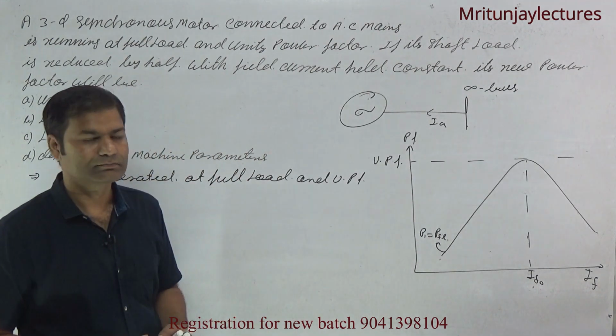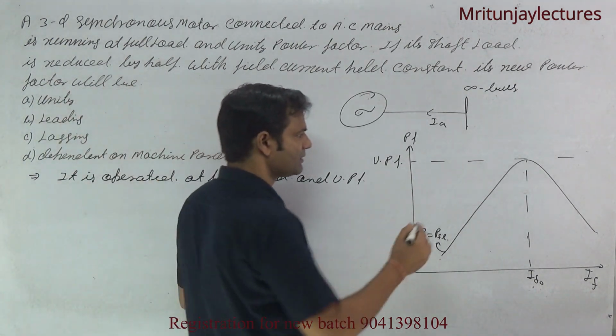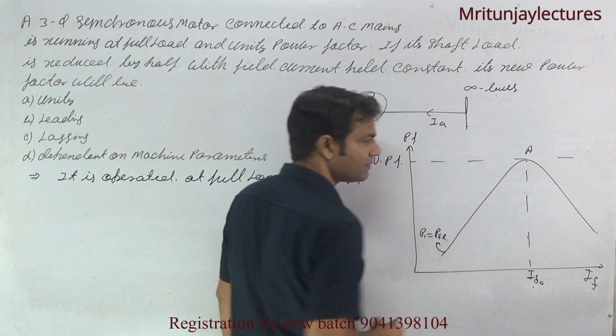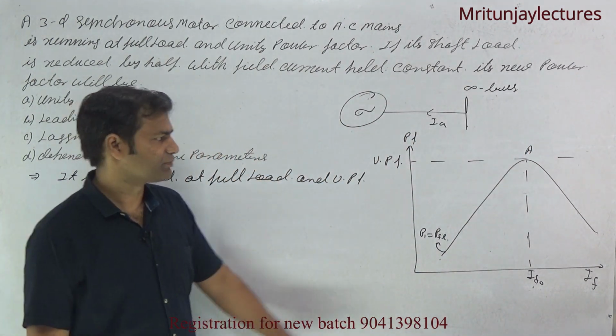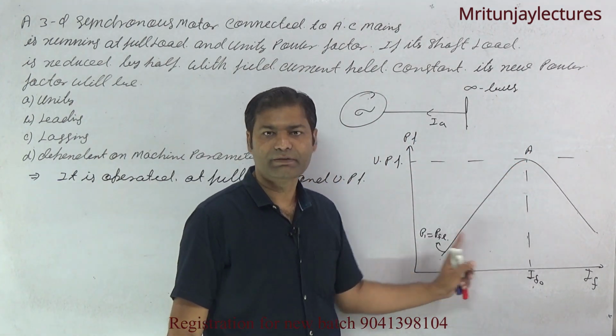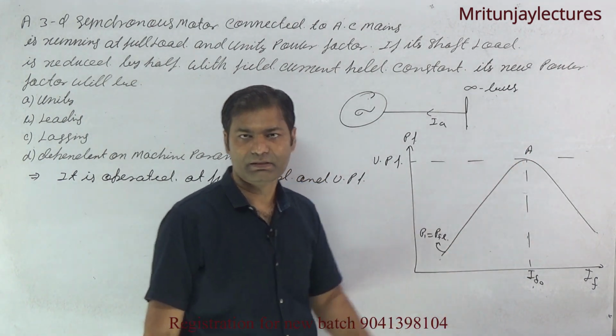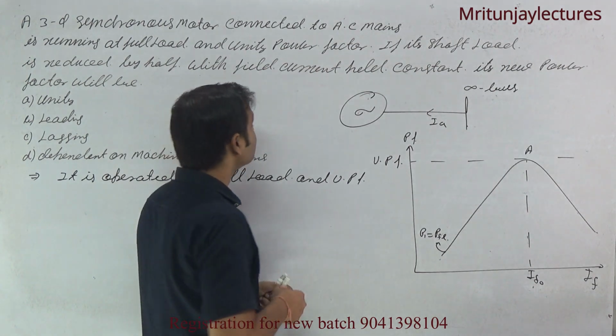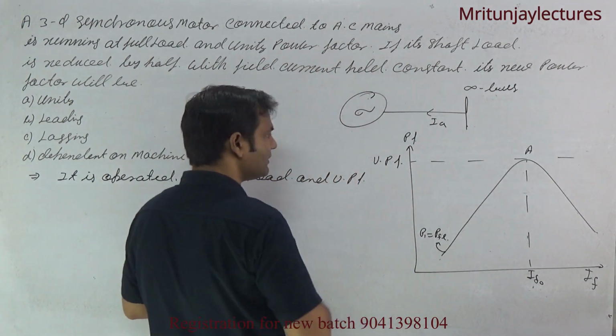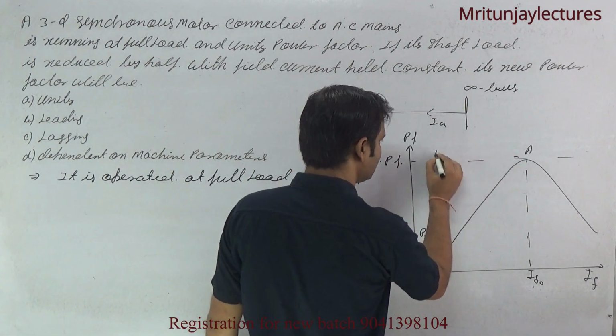Basically the operating point corresponding to this one, at a unity power factor at full load, that is A. Clear? This one is a synchronous motor, that's the reason this is the lagging power factor side,